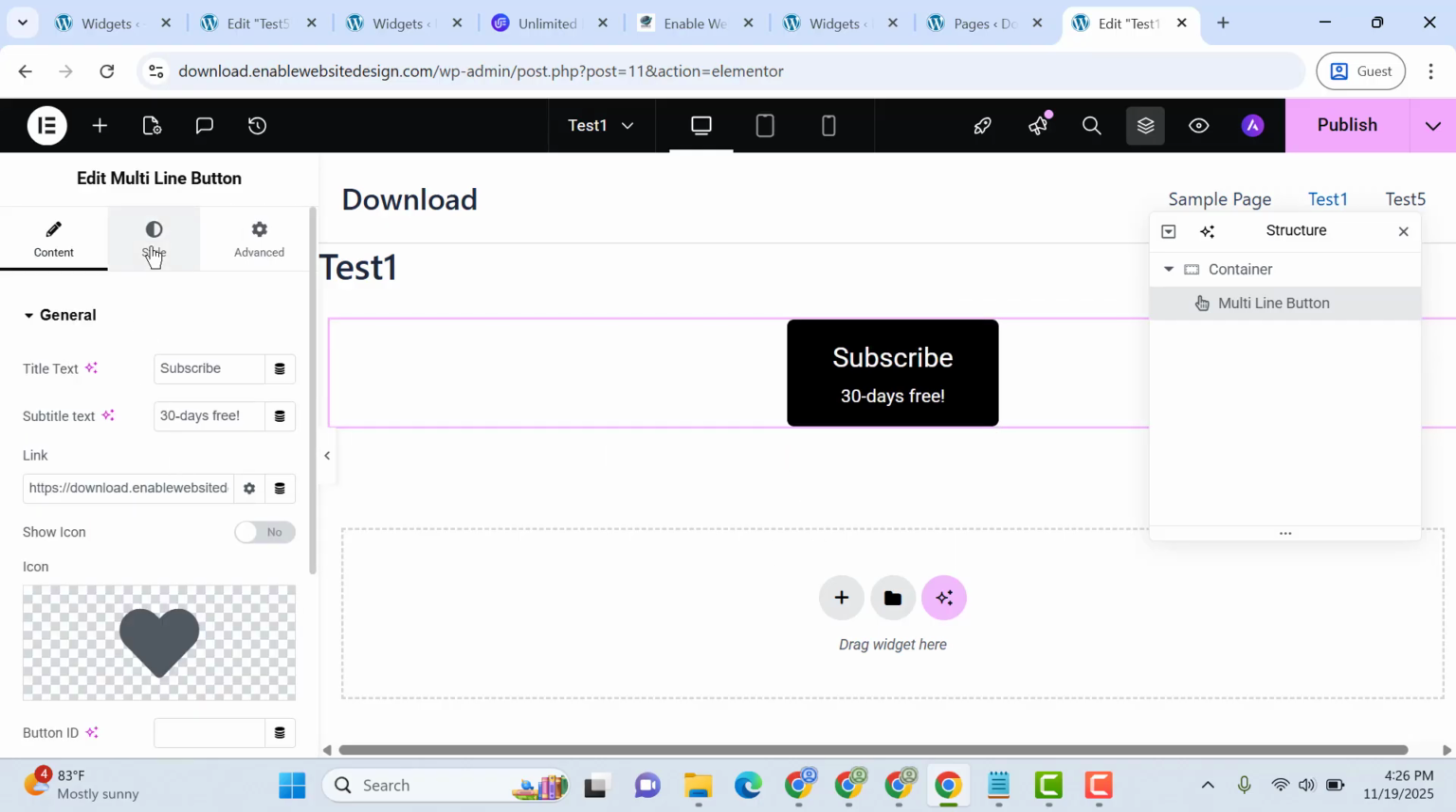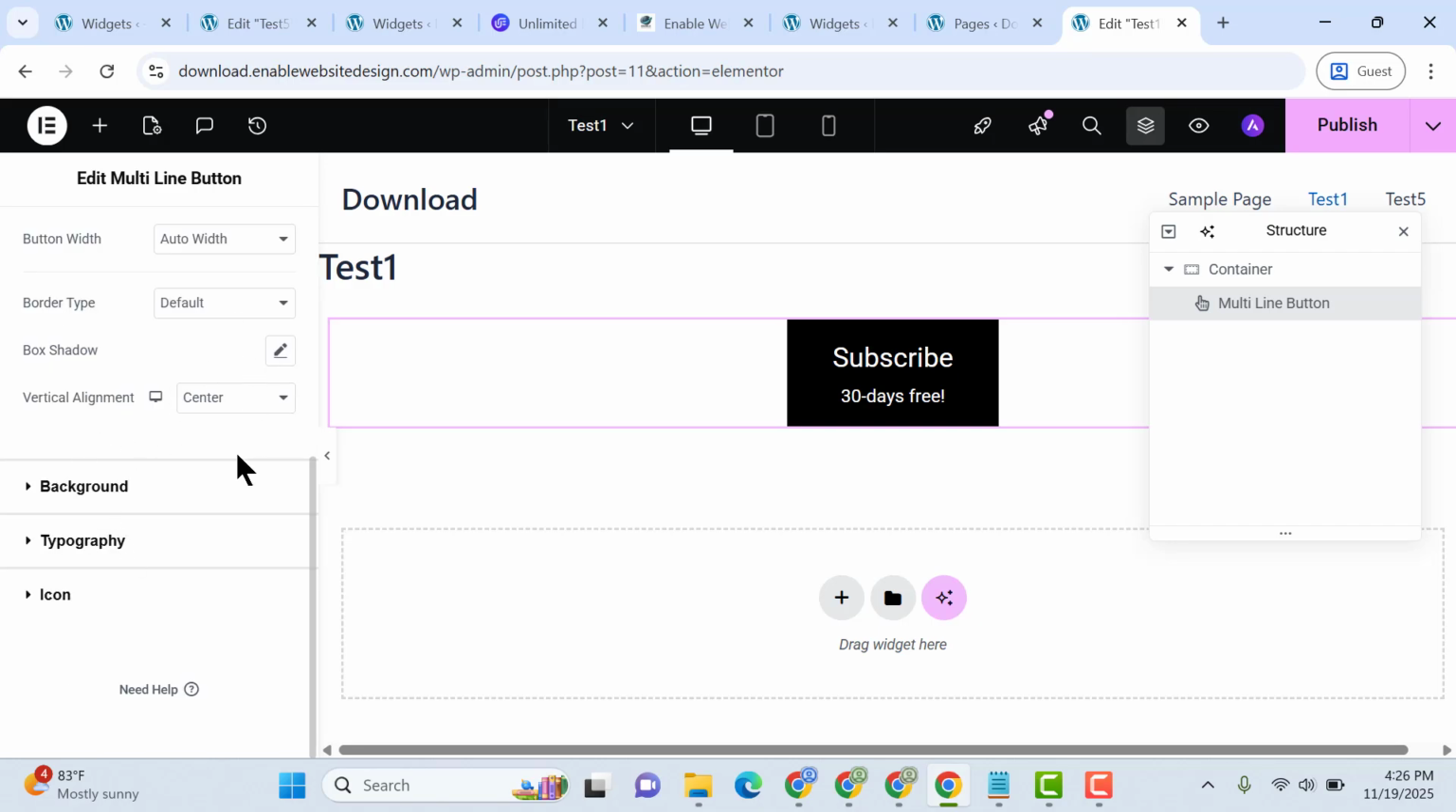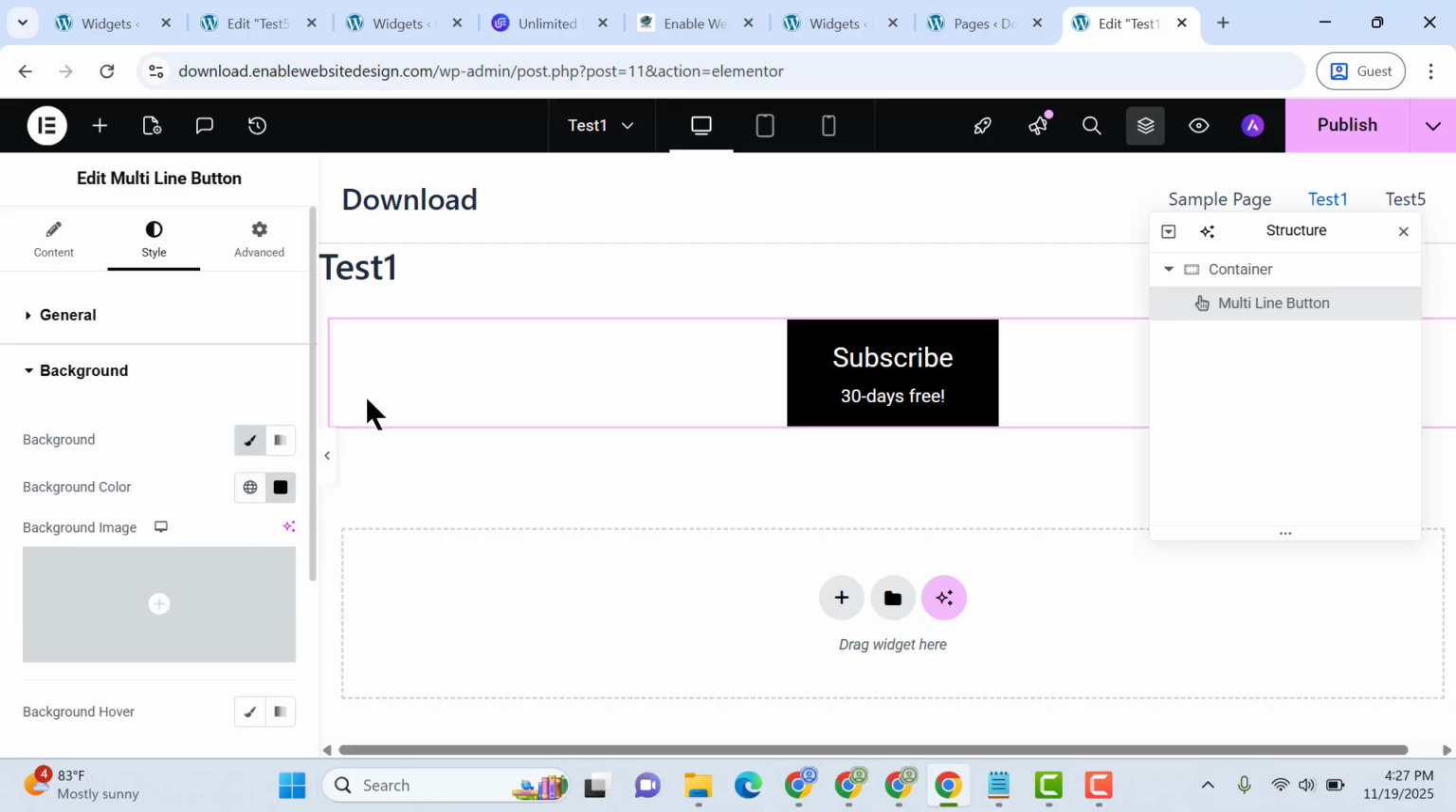So that's working fine. After that you can go to the style tab. Here you can align the button, and here you can manage the border radius, and then this one is for the gap, and this one for the alignment. So after that here you can select the button background,